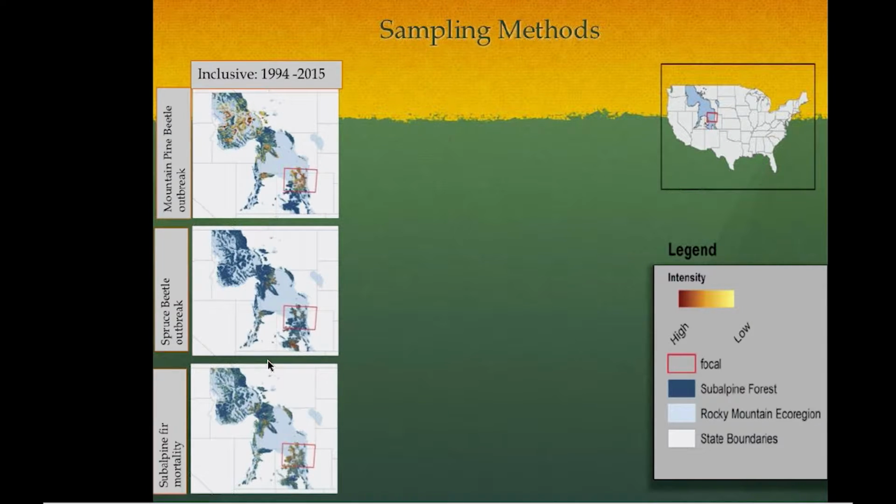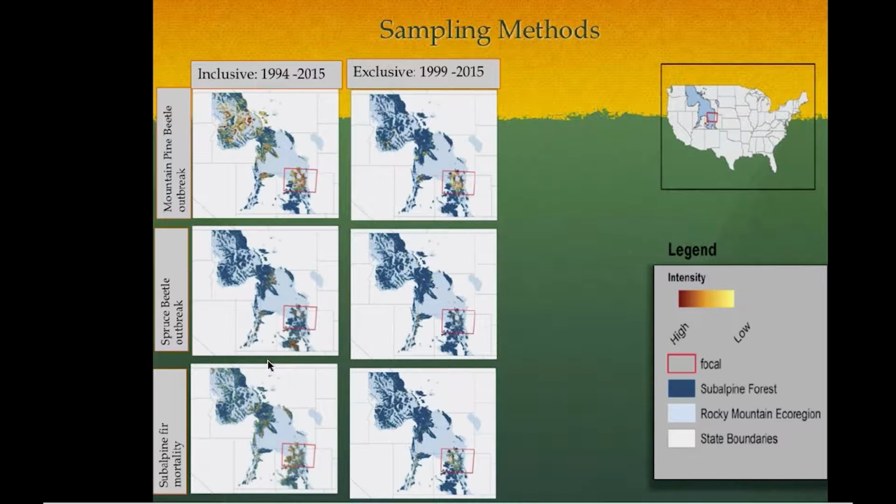Okay. So as I said, the nature of our aerial detection surveys are very qualitative, and they're very based on the observer and what they see. So in order to kind of mitigate the inaccuracies and improve the accuracies and kind of prove that this is a good way to observe ecological significance, we went through 3 study areas. So we took all the areas that they flew or observed, all the data that they collected from years 1994 to 2015 of mountain pine beetle induced mortality, spruce beetle outbreak mortality, and subalpine fir mortality.